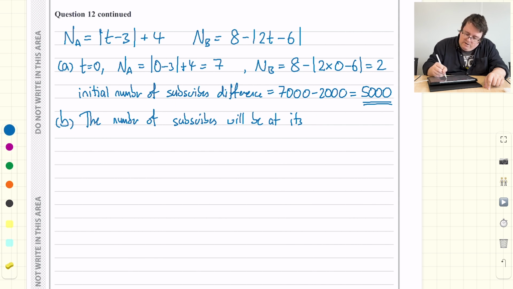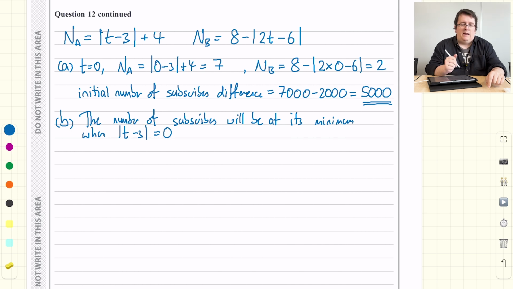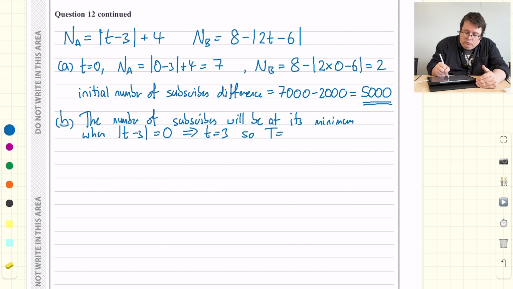At its minimum when the modulus of T take away 3 is 0, okay, because the modulus of T take away 3 will be greater than or equal to 0, and so 4 will be the minimum, and then it'll increase from there on. So that will happen when T is equal to 3. So capital T equals 3,